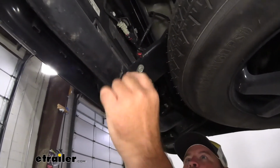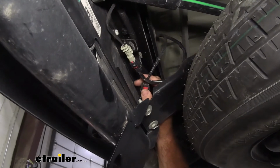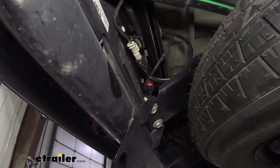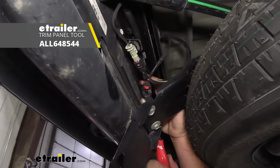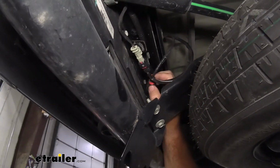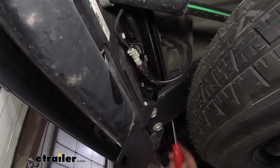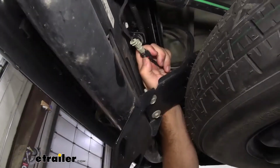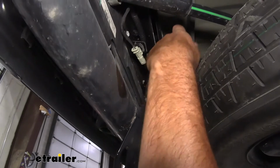We'll have 2 plugs right up here. They're both going to have a red lock tab on them. You're going to push that tab back. Then you're going to push this black tab to disconnect. You'll have another one here. Once you get those 2 off,